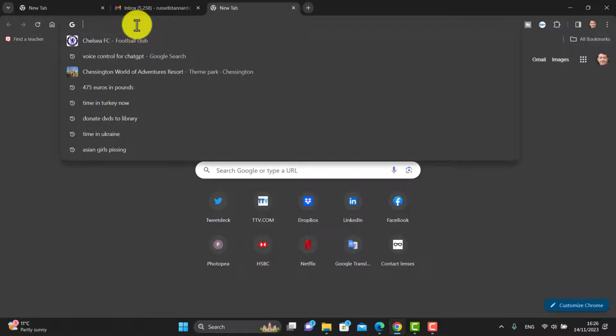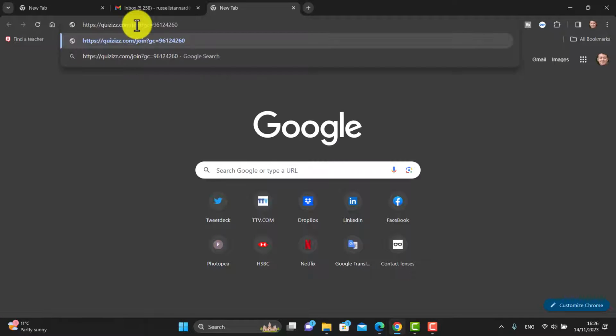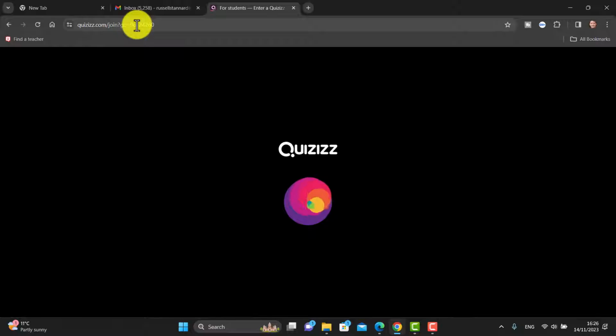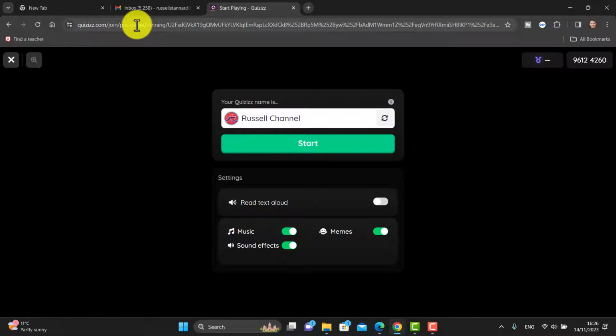So let's imagine I'm a student. I could now paste in that code that the teacher's given me, or that link that the teacher's given me, press enter, and it will start the game. All I need to do is put my name in. Okay, so I'm going to write Tom,